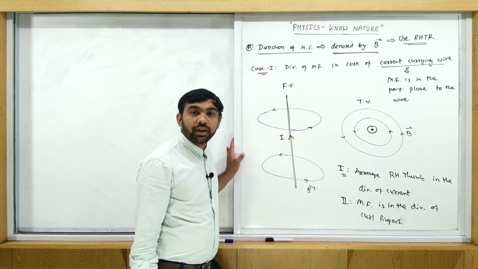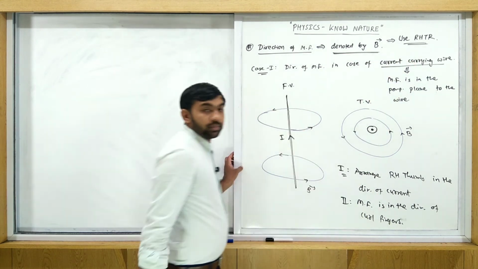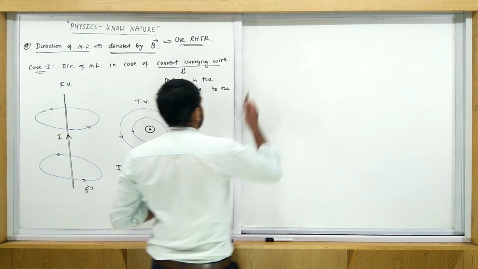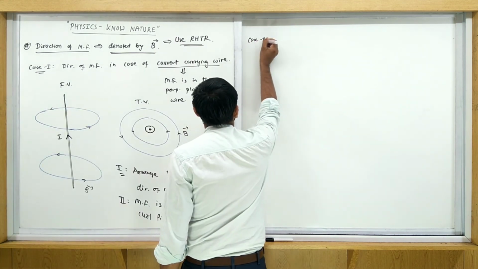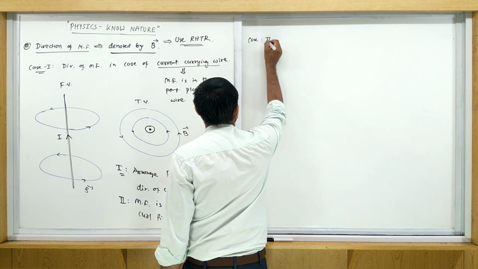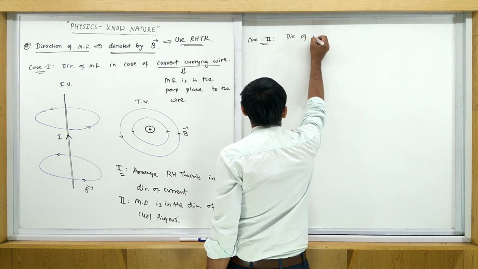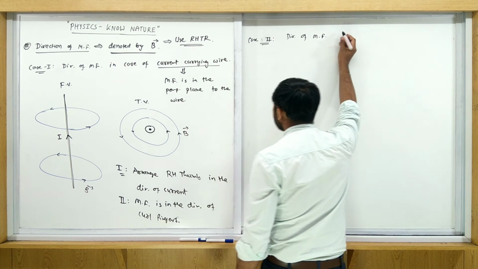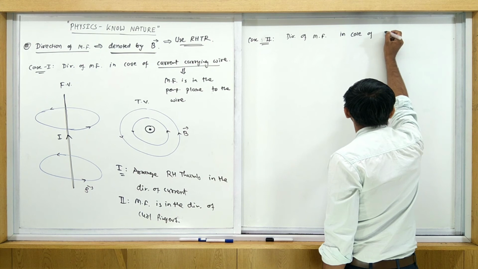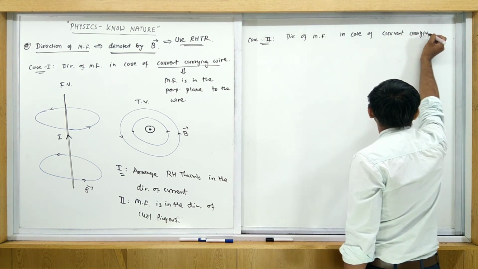Arrange your right hand thumb in the direction of current and magnetic field is the direction of curl fingers. Okay, when the current is in a straight wire, but if you consider case 2, it's completely opposite of this one. Case 2, what is this case 2? Direction of magnetic field in case of current carrying